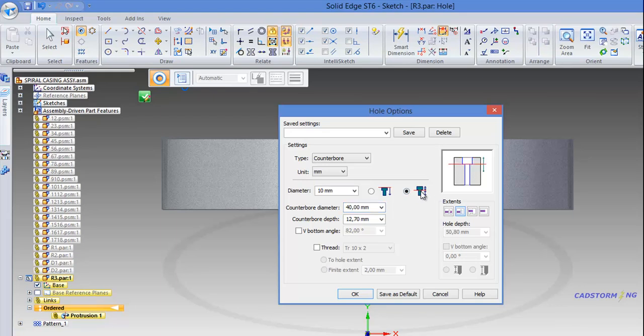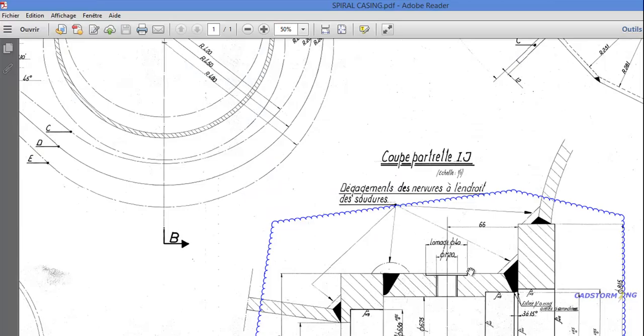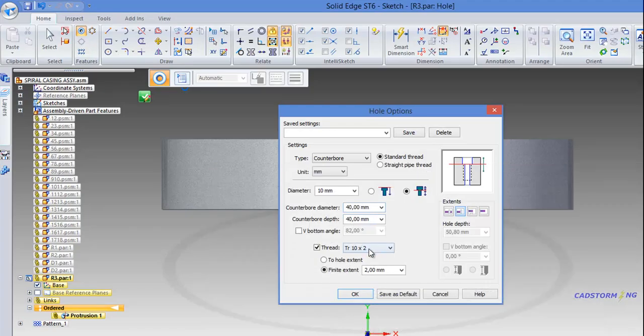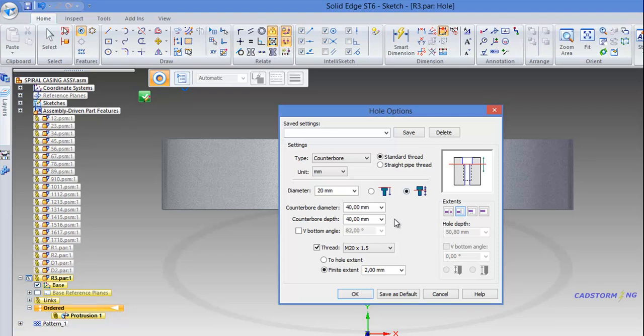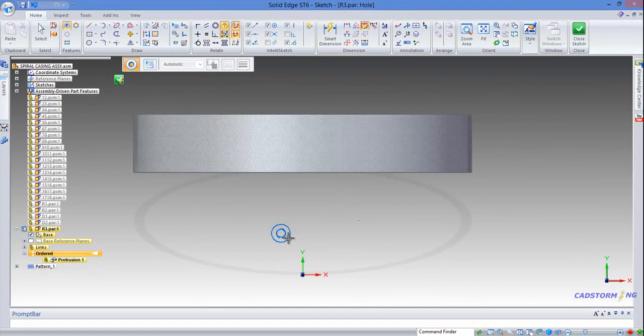So we select this option, and we will enter, let's say 40 again, and next we will activate the thread option, and we select M20. So this will be 20 by 1.5, and make sure that the thread is to the whole extent, and we make sure that we have this true next option selected for the whole depth, and then OK, and we will place the hole somewhere like this, and